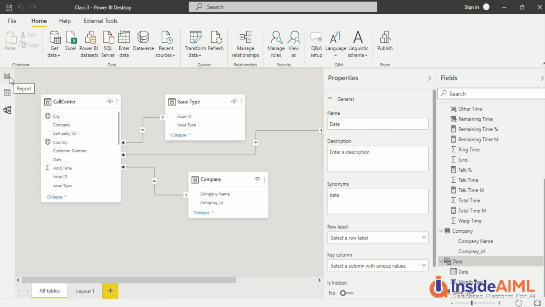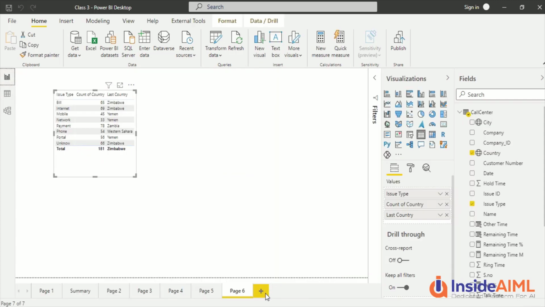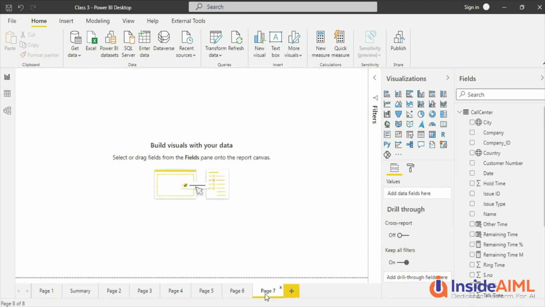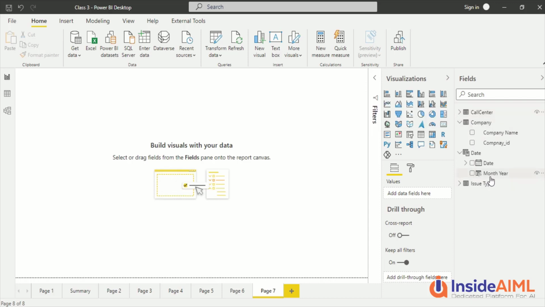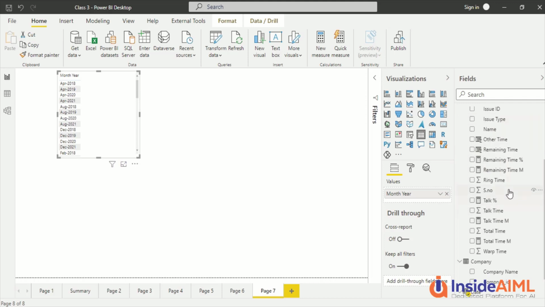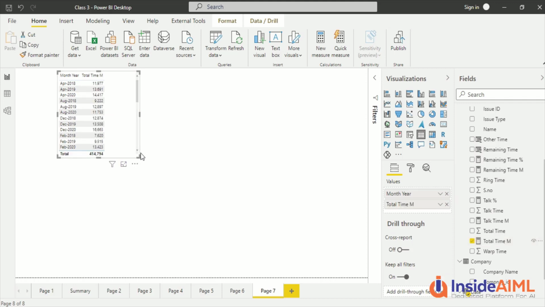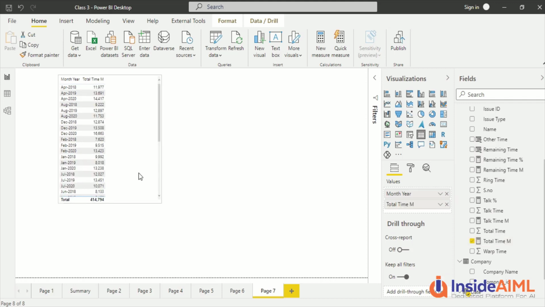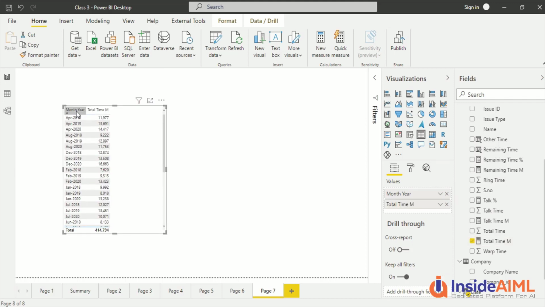Now we will go ahead and create one visual out here, and that's what I wanted to show you, the text sorting, which is going to have a problem. That's what I wanted to show you as a case. So when I drag this month here, and let's take any of the measures, now this is joined. So anything which is joined, I can simply go ahead and analyze, and let me go ahead, total time I am measuring. So what do you see here? This is sorted on month year, and if you have some doubt, let's sort it again. You see all these Aprils together, but this is not how we expect the time to behave.